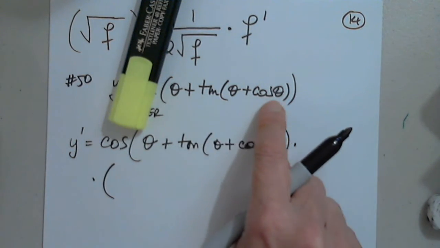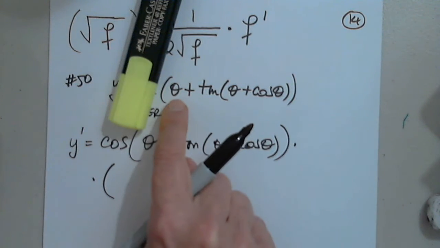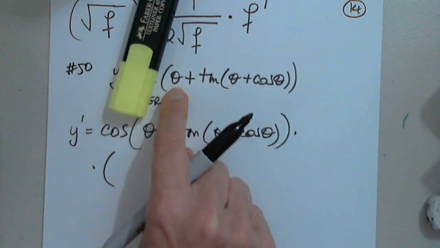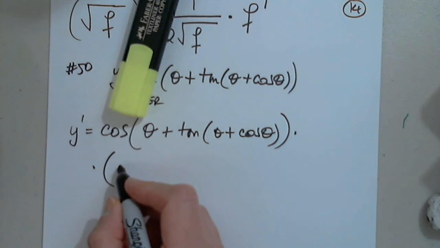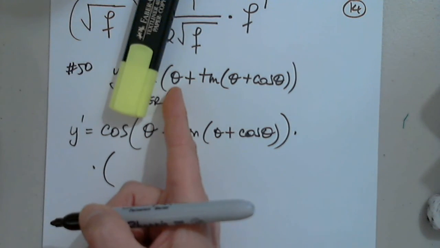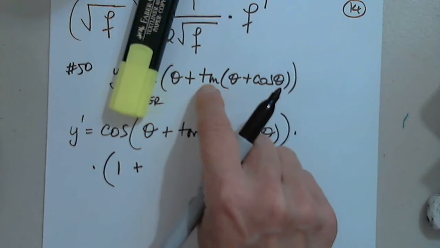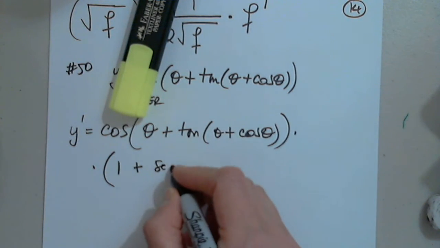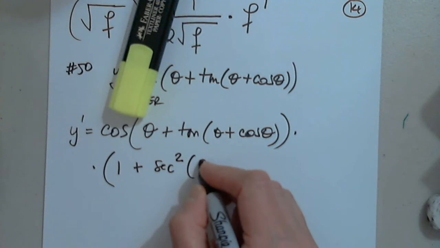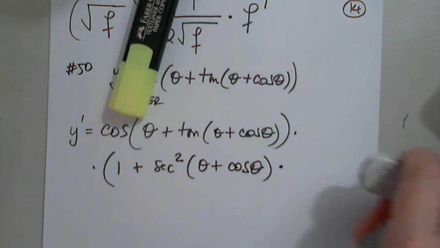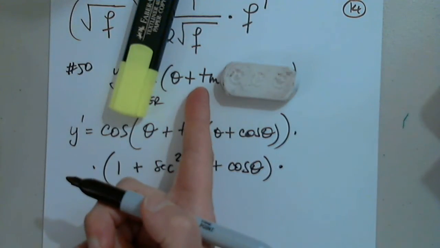Now I want to differentiate this. I differentiate theta, which is x, right? So I differentiate theta, and what do I get? Zero. No, yes, 1, because this is the variable. Yes, plus. Now secant squared of theta plus cosine theta times, because see, this is tangent prime, which is